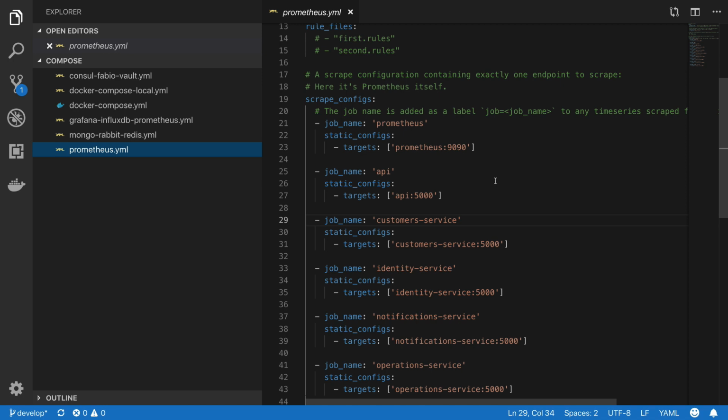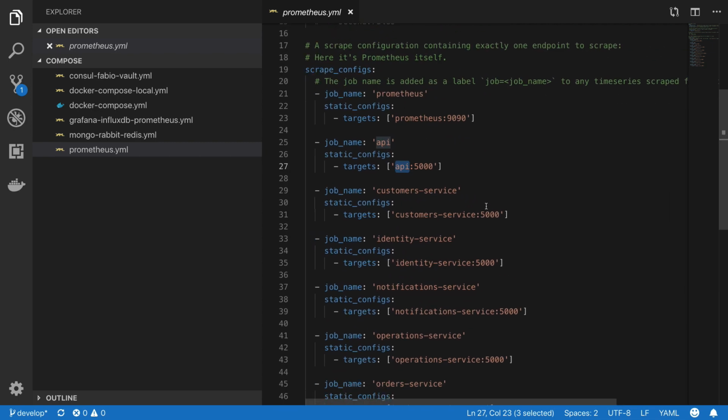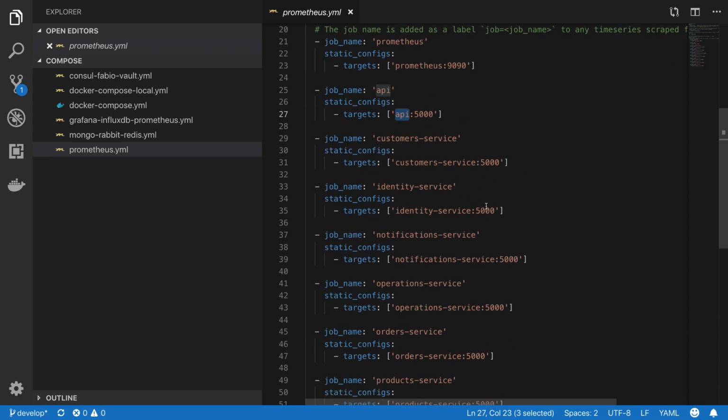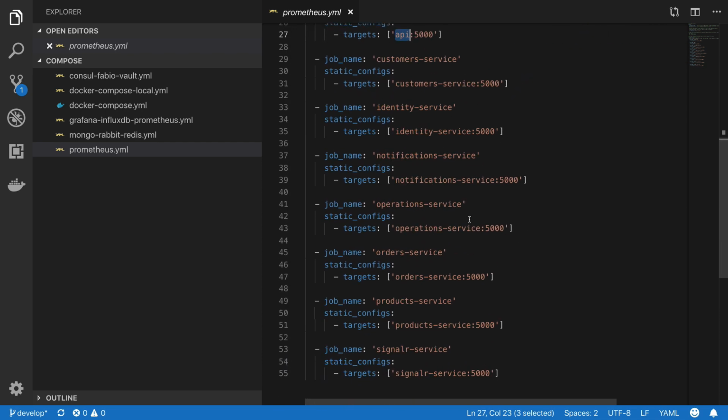And the targets is the host name. So here we can either specify, for example, the API and our port where our API or the service is running, but this will only work if we have, for example, our Docker network, right? Because we are using the aliases. So if we're not in the network, we need to use our special